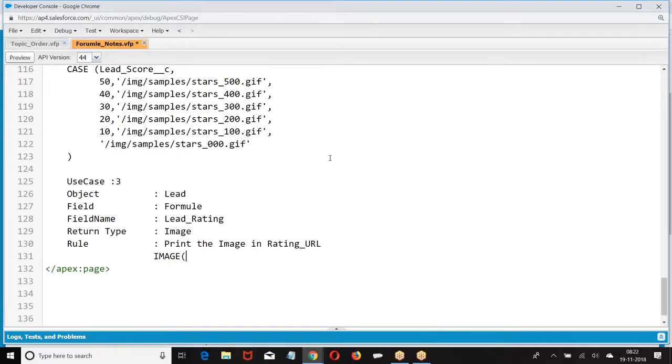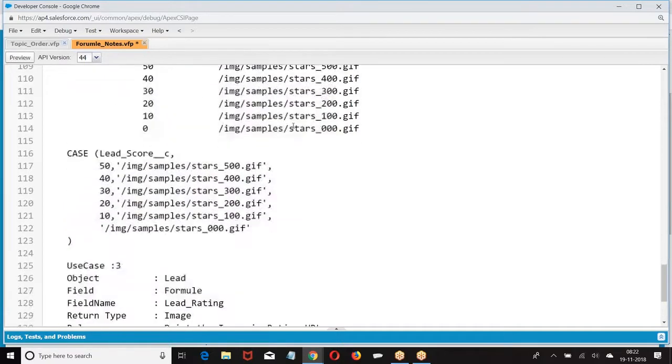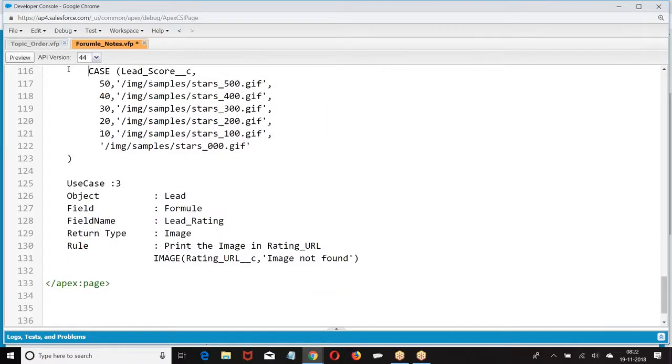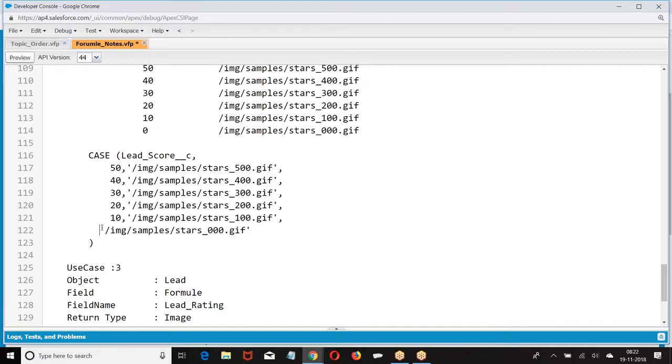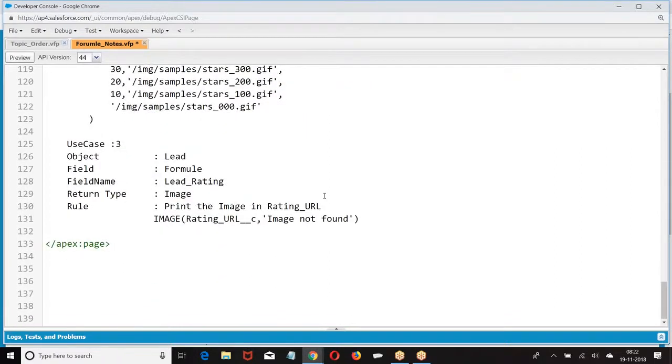Image, rating URL. This is how I created it. I hope you are good with this format. Clear for everyone? So we are just supposed to form the condition as per the requirement. As per the requirement, form the condition, use it. I hope everyone is good with that. Clear for everyone? Right, boss?